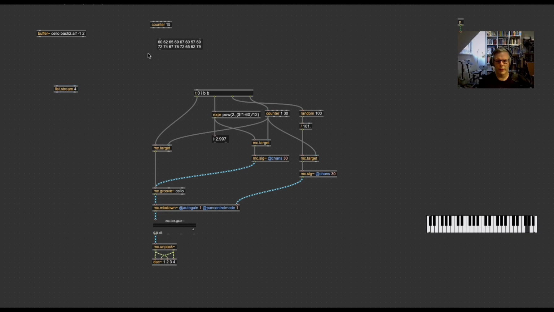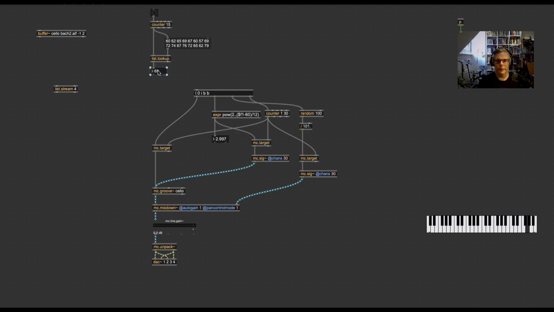And then I'm going to use list lookup. And what the list lookup object does is, depending on the list information you send to the right inlet, and the index number you send to the left inlet, it will then look up from this list whichever index you're sending in. So if I do an output like this, and then bang into my counter object, it will count through, and it will move its way through the sequence like that. So you can see it's kind of working its way through that sequence,